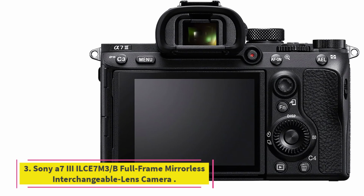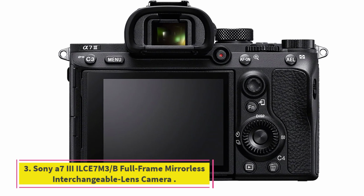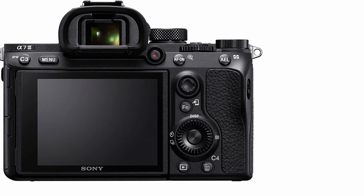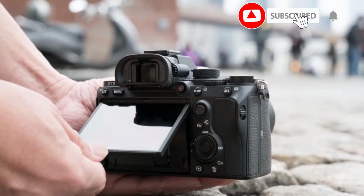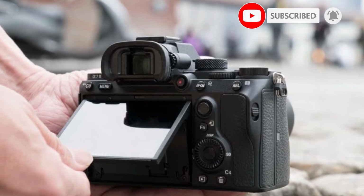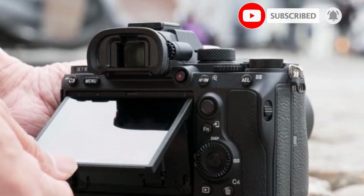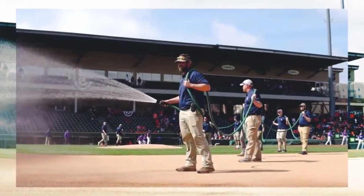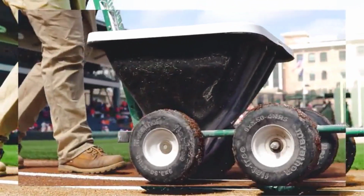Number 3. Sony A7 III. Best value full-frame Sony camera. Make no mistake, the Sony A7 III is the camera that started a revolution. If there was ever a camera that caused most photographers to switch to a mirrorless system, this is most certainly it. If you're thinking about switching to the best Sony camera or contemplating a move to mirrorless from DSLRs, don't